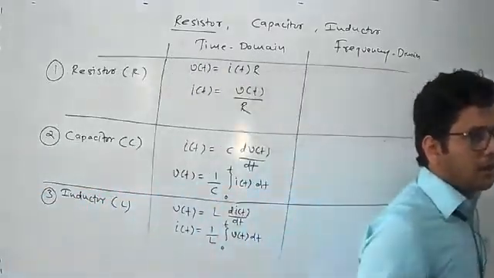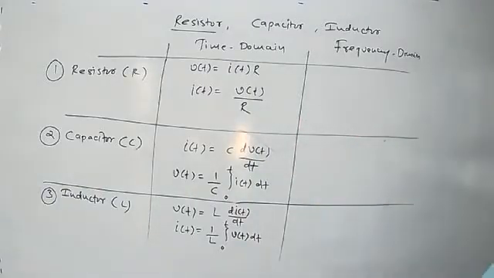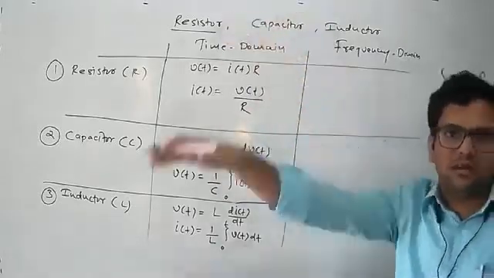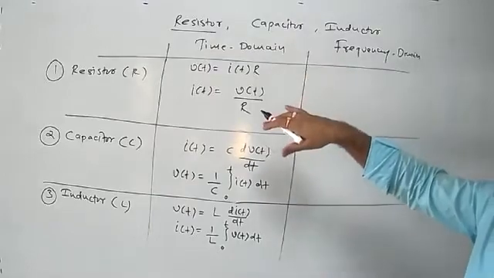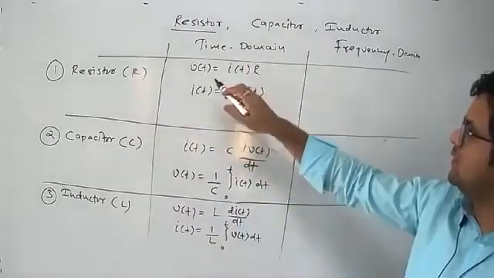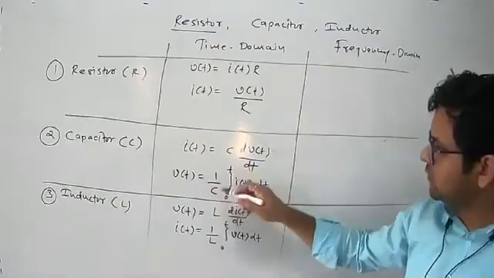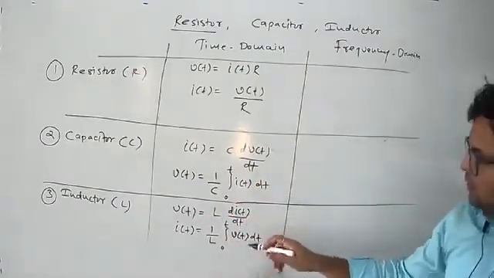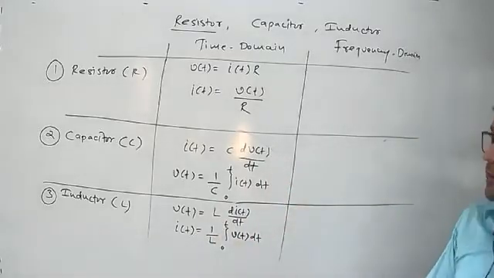So all these formulas are already known to us. The thing is that we are going to have a revision so that we can directly apply this logic in order to obtain the transfer function of a given electrical circuit. So these are nothing but the relationship between voltage and current in case of resistor, capacitor and inductor in time domain. So v is i into R, i is v by R, i is C dv by dt, or v is 1 upon C integral 0 to t i of t dt, or v is nothing but L di by dt, or you can say i is 1 upon L integration 0 to t v of t dt.